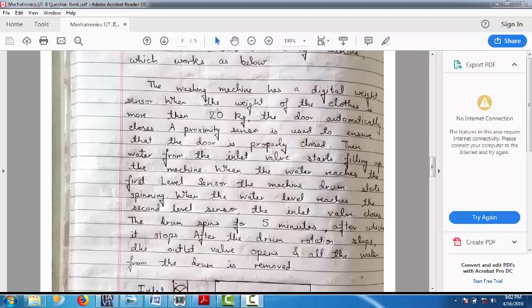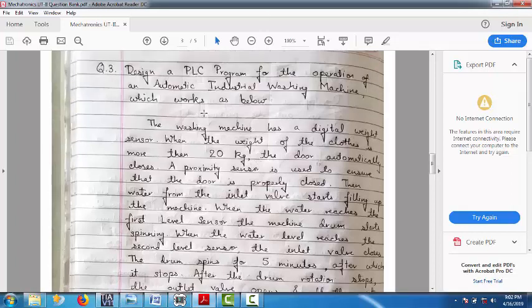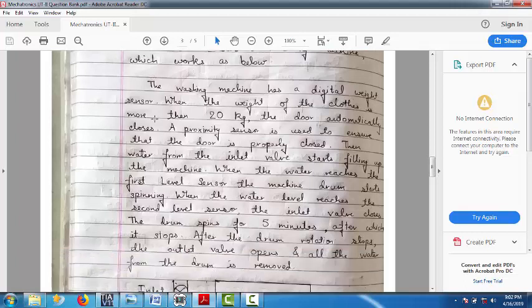So the next sum that I will be doing will be the washing machine one, which is question number 3 in your question bank. I completed question 1 in the last video, and this will be question number 3. Question number 2 is simple logic gates, so I have given that in the notes. So we'll see this.